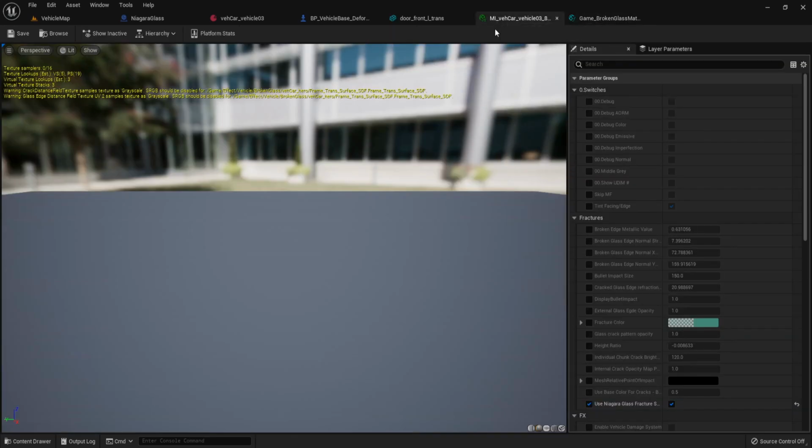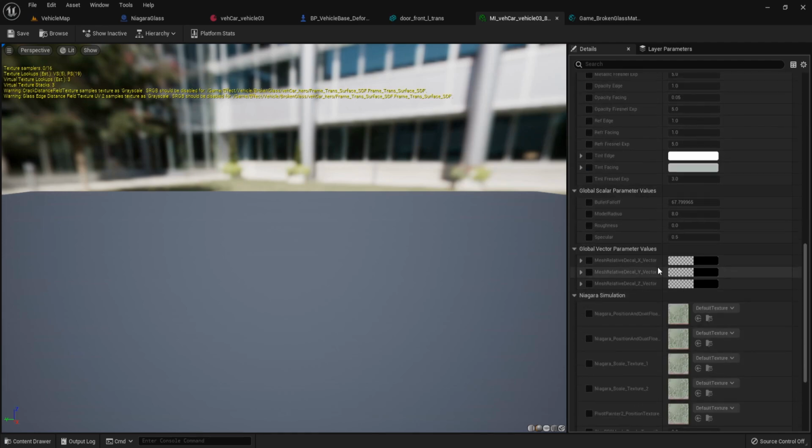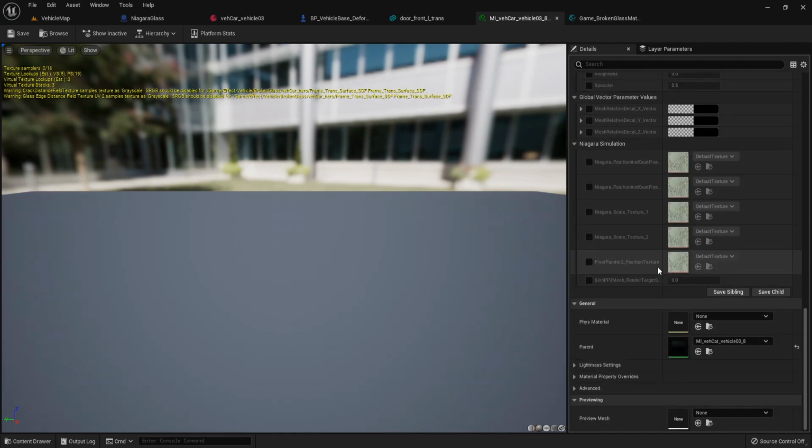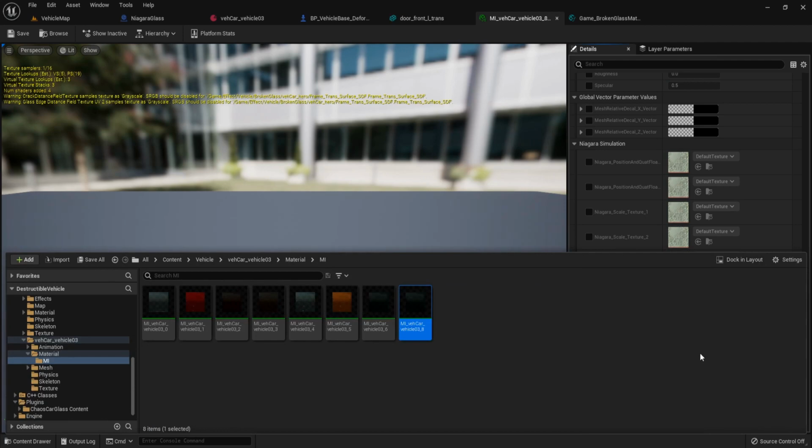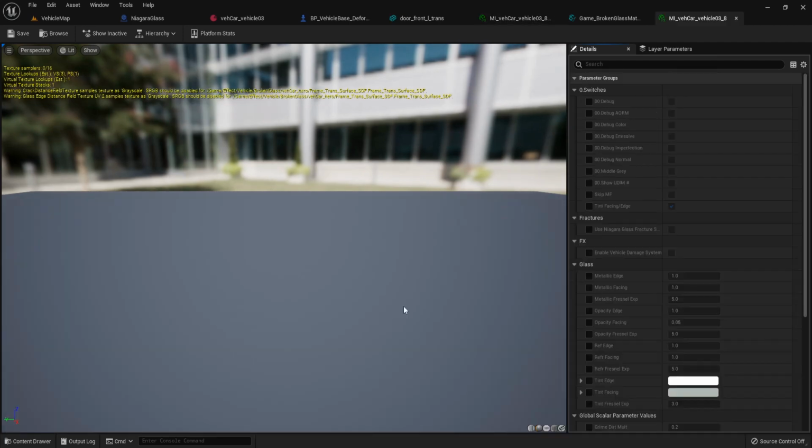We can go to this MI vehicle 3 8 fracture, and we don't have any error. But we still don't have the proper material, so search for the parent of this material. Let's close all of this first.